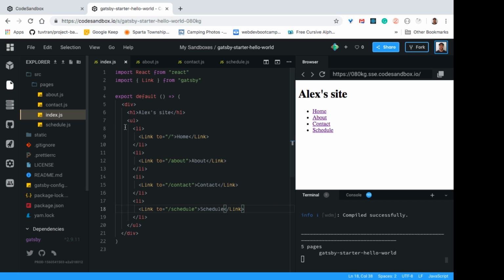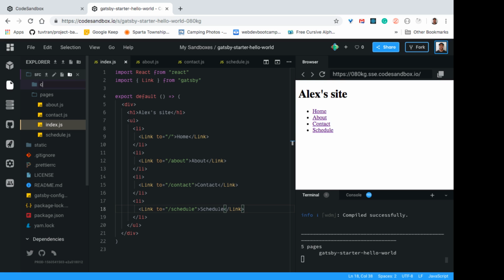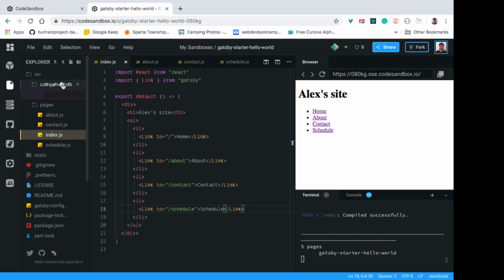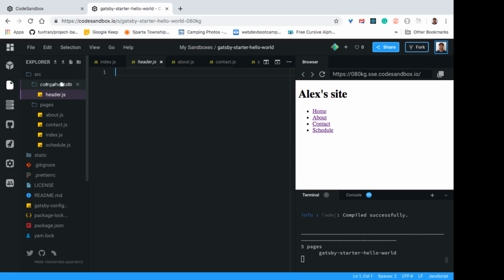Okay, so first, at the same level as pages, which is the source folder, we need to make a new folder. I'm going to call it components. We're going to make a new file in here. Let's call it header. That seems to make sense. We're going to make, what do I have copied? It's on my clipboard. Ah, cool, we still have a functional component. So we're going to call this